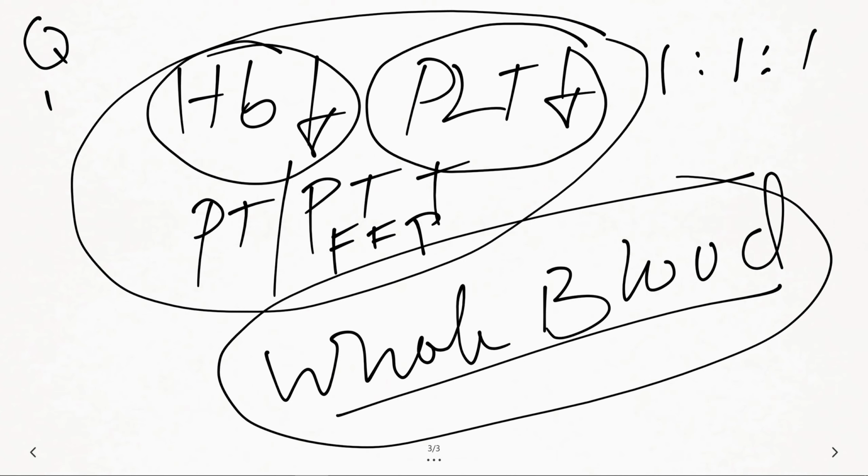Okay, so let us go to another question here. What are they going to ask you else? They may ask you another question, and some questions may look stupid, you know, but they are testing your basic knowledge. You are under tension, and if you are under tension, you will make mistakes. Okay, so they are going to ask you about a packed RBCs